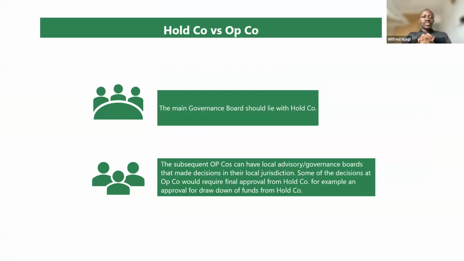So there are instances where you'll have different entities. You have a holdco and an opco. Holdco means a holding company, and opco means the operating company. You've heard about Delaware-based companies. I mean, some people, when they try to fundraise, they try to set up a holdco in a place like Delaware, or in a place where we say it's a tax-efficient domicile, right? What that means is that